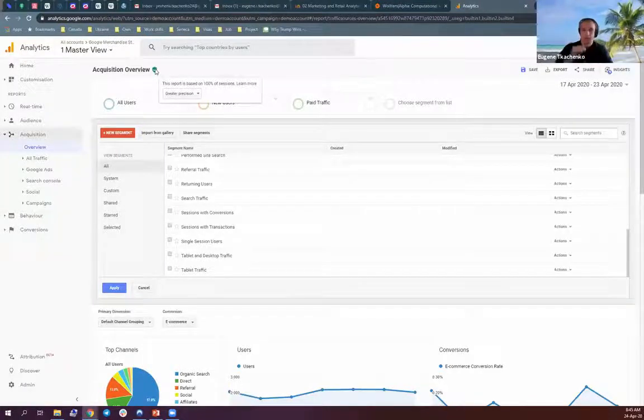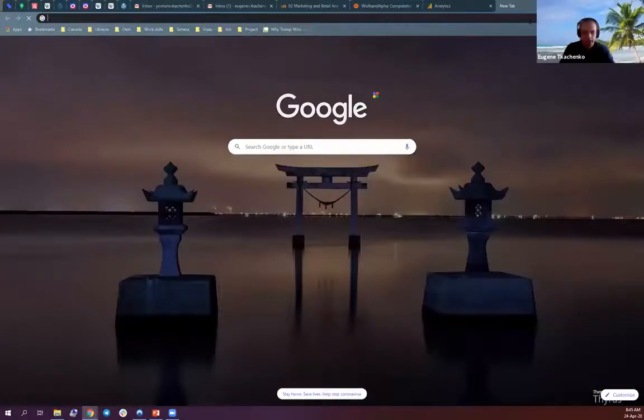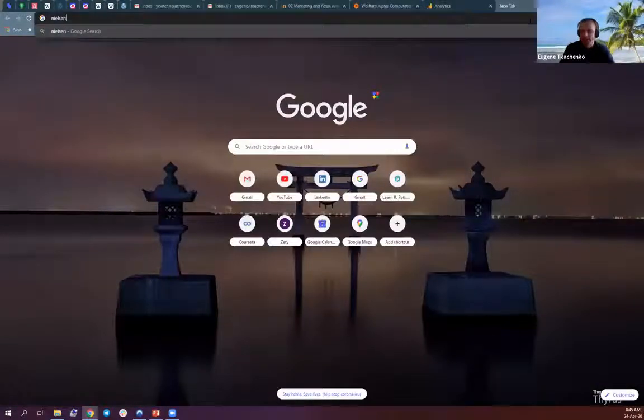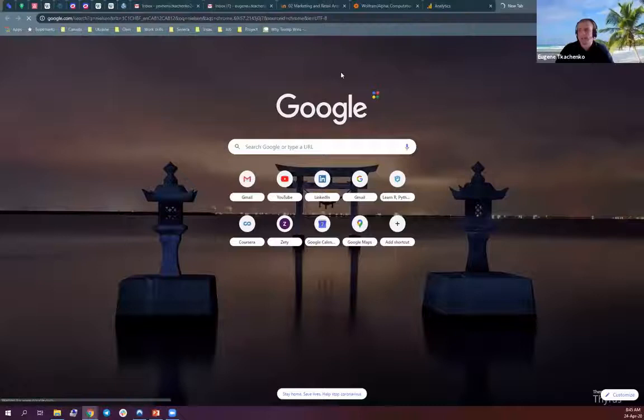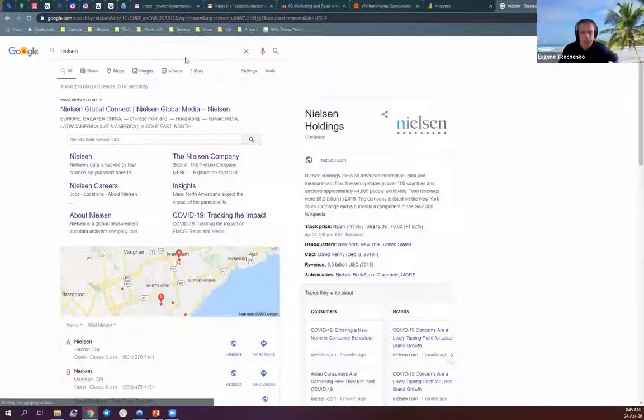And now Ken has brought up a very good question about how reliable data is from third-party platforms. So a question for you guys. Have you heard about Nielsen? The Nielsen company basically collects media rankings, media insights, and so on. Just curious. Okay, I see Eddie heard about them. What about the rest?